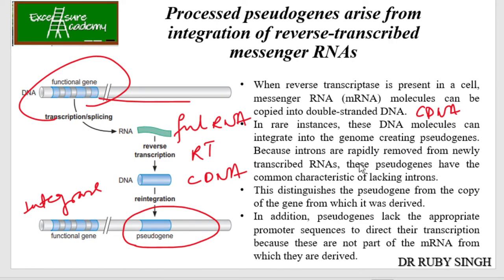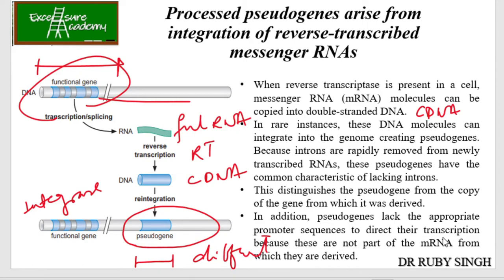Now because introns are removed from the newly transcribed RNAs, these pseudogenes have the common characteristic of lacking introns. Now this distinguishes the pseudogene from the copy of the gene from which it was derived. So finally what will happen? The sequence of this functional gene and the sequence of this pseudogene are going to be different since the introns have been removed. In addition, pseudogenes lack the appropriate promoter sequences for their transcription, and because of which